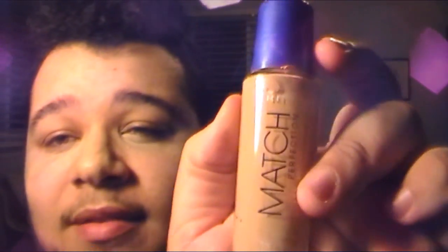Okay, next thing I'm going to do, right now I'm not using actual foundation, because currently the foundations I have don't match my skin. Foundation is one of the hardest things, in my opinion, to get the correct color. I have nothing against this foundation, except I don't particularly like the bottled foundations just because they can be really messy. As you can see, I've got it